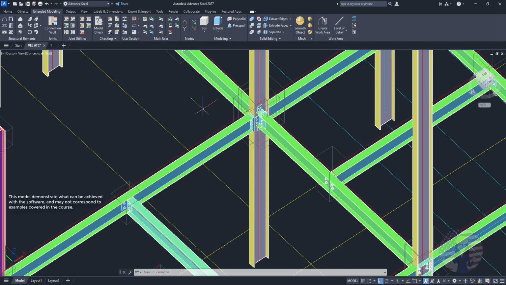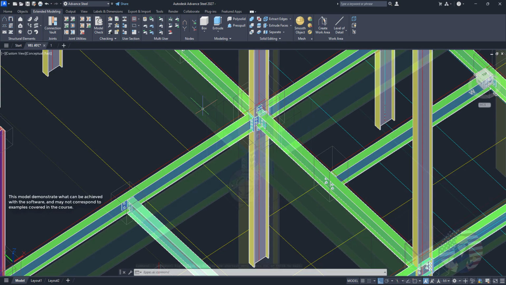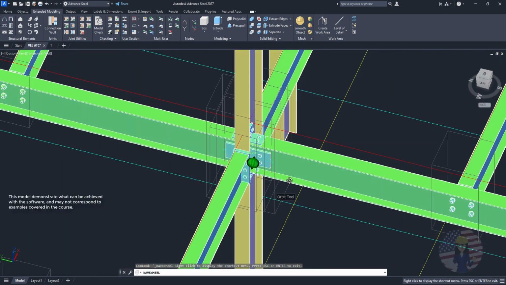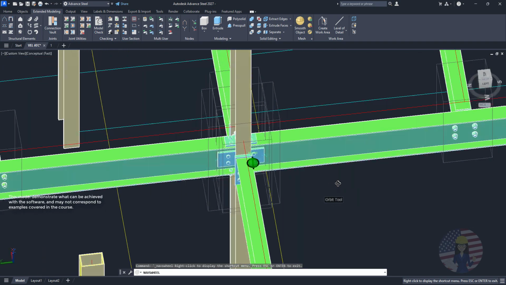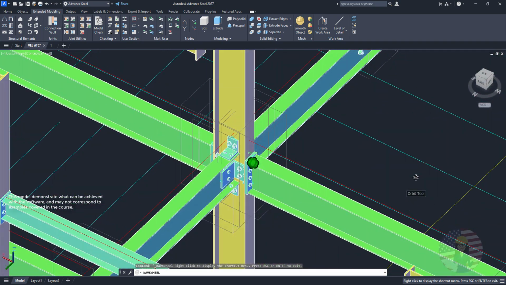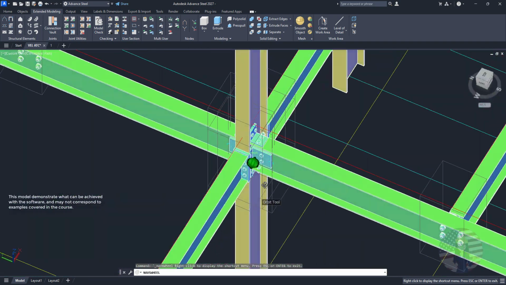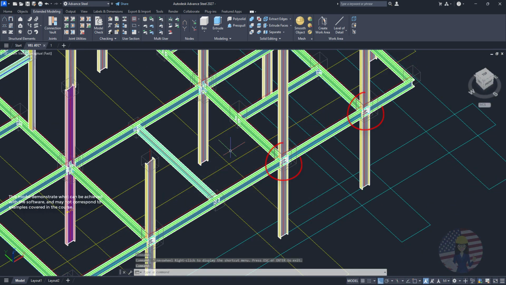However, we can go one step further and copy a connection design while maintaining a relationship between similar connections, allowing us, in turn, to quickly modify our structural model whenever design adjustments are necessary. For example, here we have a very typical beam-to-column connection, which is likely to be used multiple times throughout our model. Specifically, and for this model, there are multiple joints in which we need to use and maintain the same